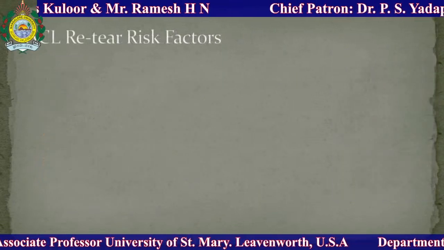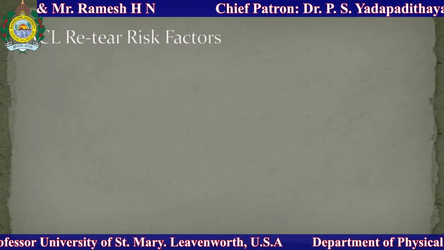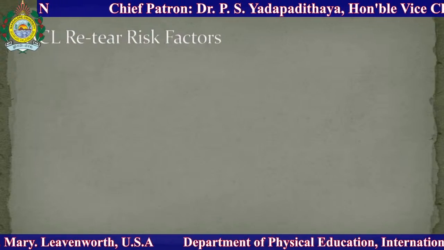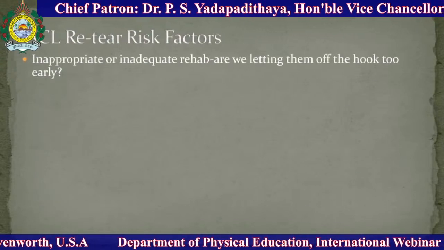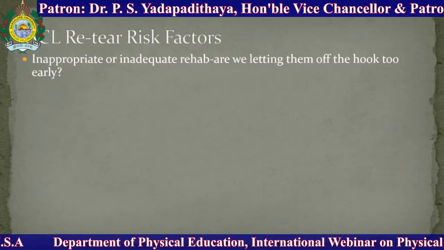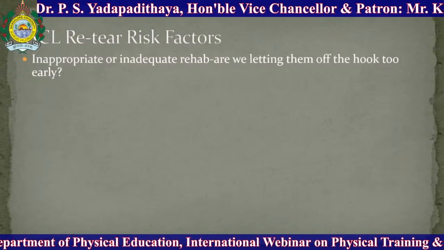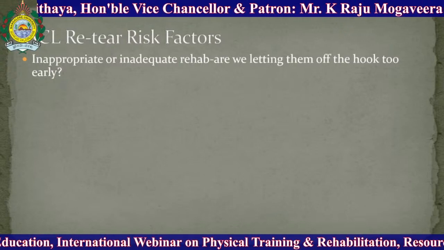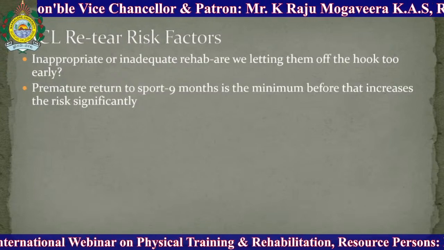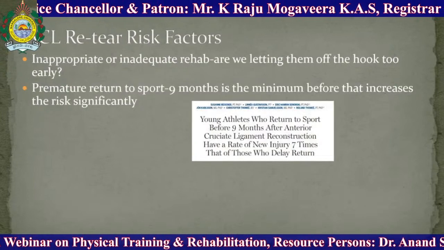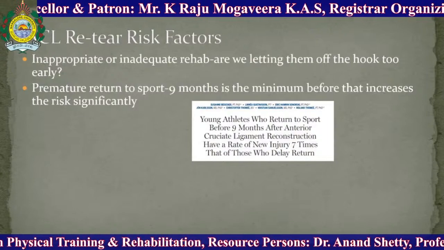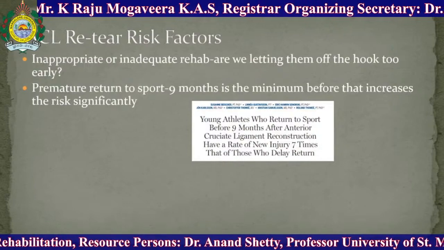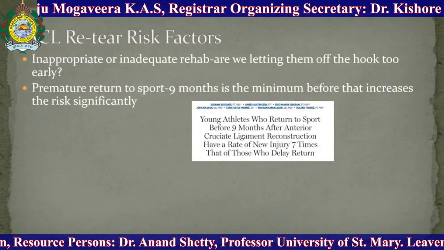There do seem to be some risk factors for the anterior cruciate ligament tear happening again. Maybe one of the things is that we as therapists aren't doing a stringent enough job of rehabbing these individuals, by putting really high standards on them. We need to do that. The other thing seems to be timing. A study was put forth that looked at athletes who returned to sports before 9 months, and that 9-month mark seemed to be very